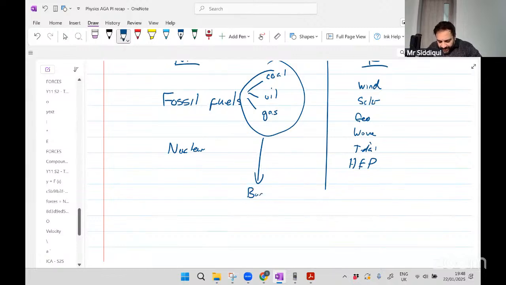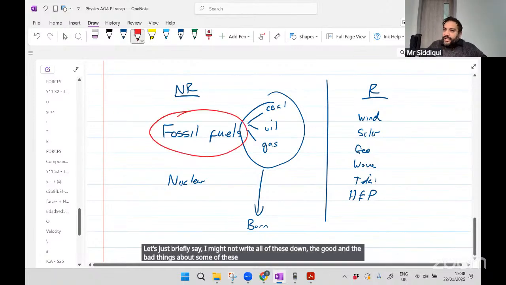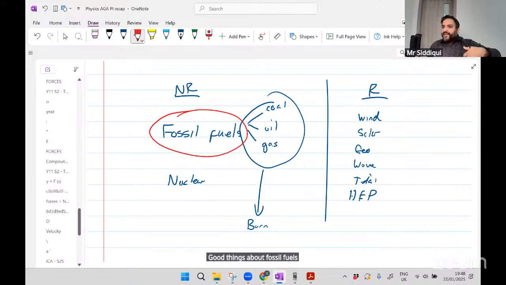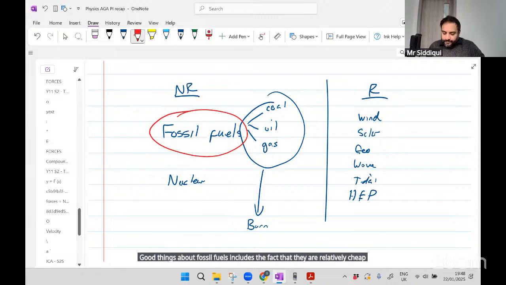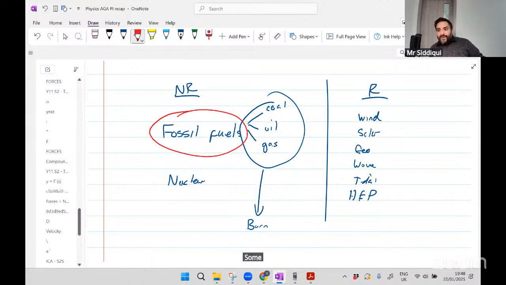Let's just briefly say, I might not write all of these down, the good and the bad things about some of these. So fossil fuels, the good, and sometimes we forget about the good because we naturally know the bad things. Good things about fossil fuels include the fact that they are relatively cheap. We get a lot of energy out of them for relatively low cost. That is the biggest advantage of fossil fuels, and they are reliable. If you have some fossil fuels, they will always